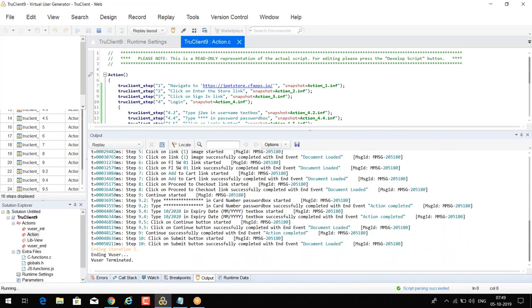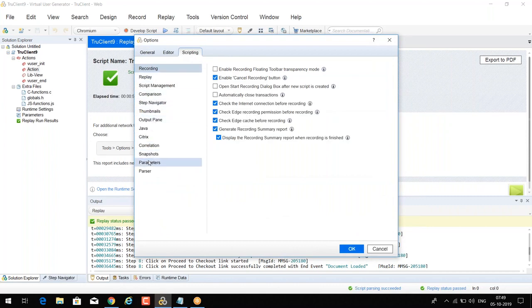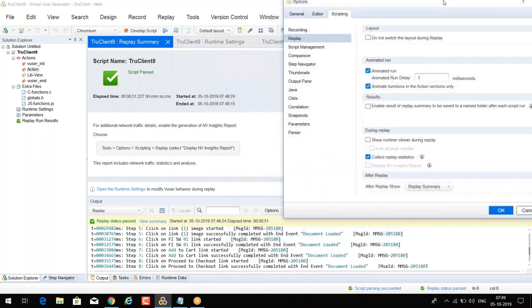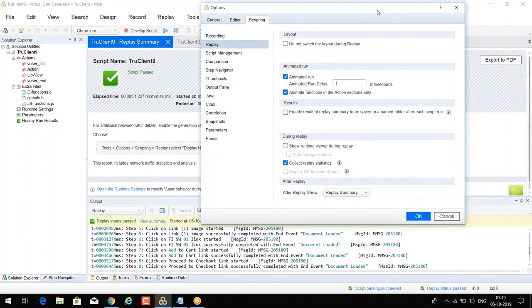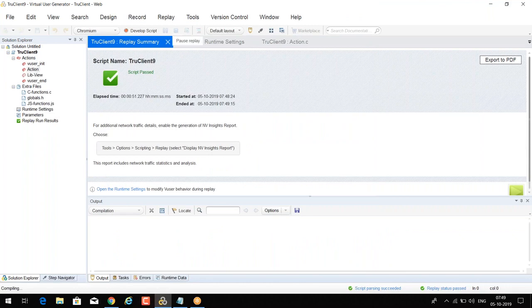Now the one is completed. If you want to see, go to tools, let me show you one more thing, options, go to scripting, then go to replay.